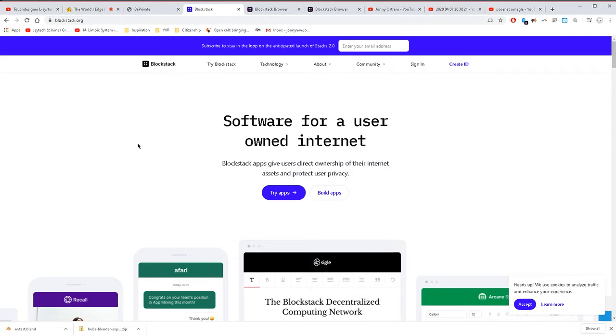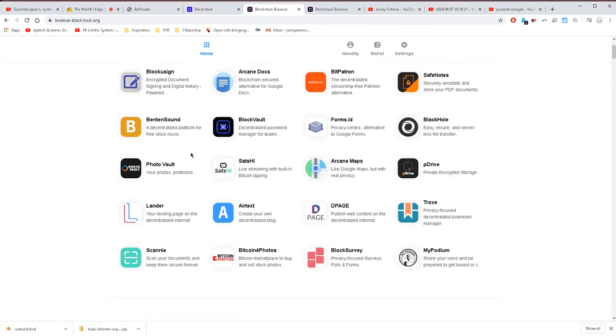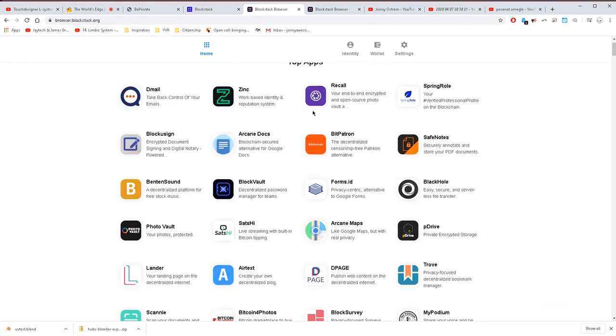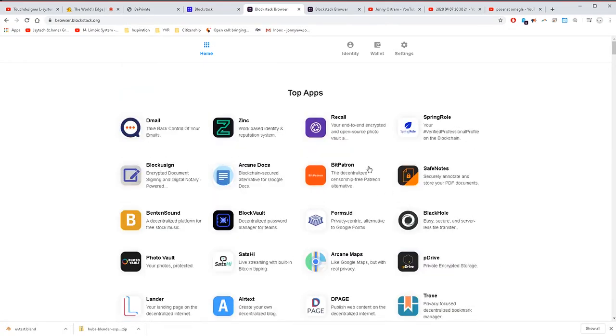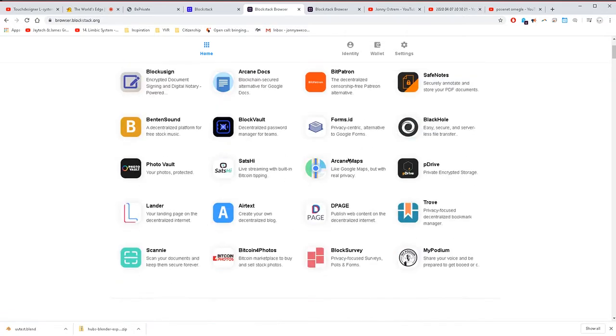Someone else couldn't log in from a different location, for example. They would have to be you. That's not a very good explanation, but there's all sorts of interesting open source and alternative applications that are made for this platform, things that allow you to decentralize things like your documents, your photo storage, your Patreon, all this stuff.